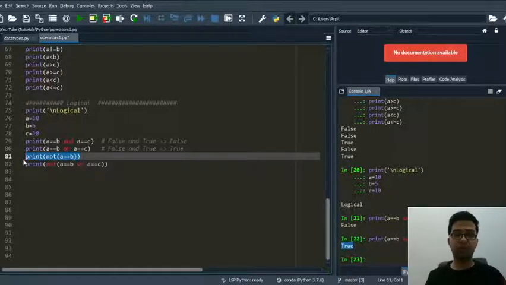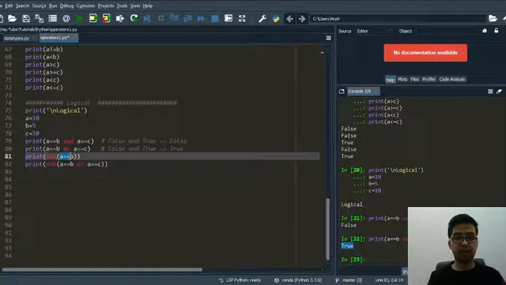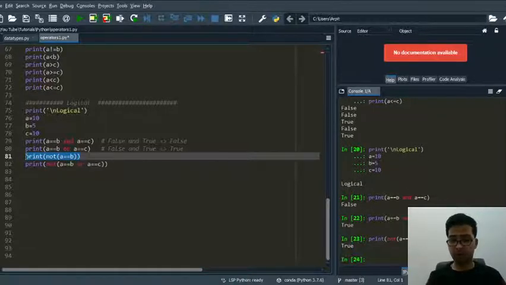You can pause the video and think about it, and I hope for most of you the answer will match because it is not a very tough task. a equals b, here we have 5 and 10, so they are not equal, so this part will return false, but we have NOT, so it will return true. I run it. Here you can see we are getting true.